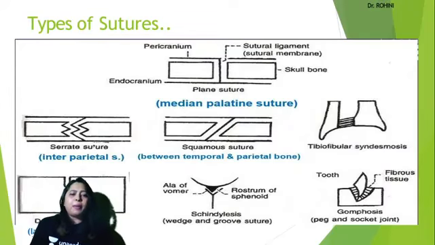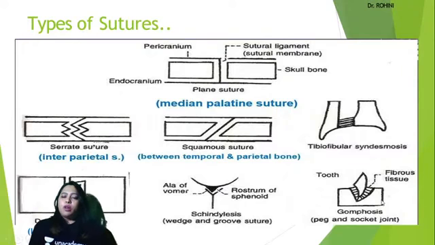And we had Aman Singh, who was asking what schindylesis is. Aman, this is schindylesis. You have a wedge-shaped structure, the rostrum of the sphenoid bone. Here it has a small peg-like projection, and that sits in the ala of the vomer. This type of joint is known as schindylesis. It's a very, very important question. Schindylesis and gomphosis are the ones always asked from this section.